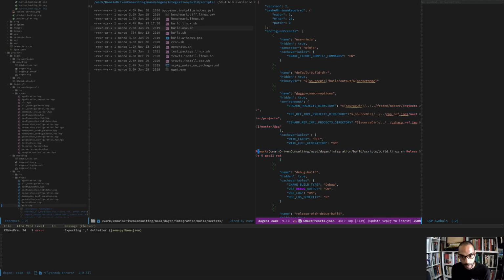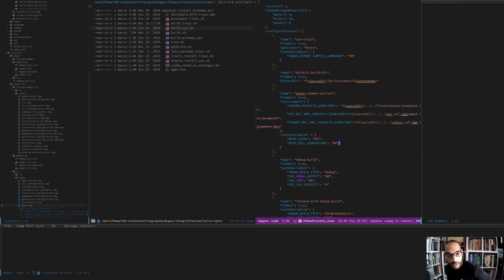Finally the path, we don't care about that. Then the build script, and now I think we just need to worry about how many cores. For that, we're just going to leave that as is for the moment. So the Dogen common options will supply us with all of these directories, and then if we just basically say that